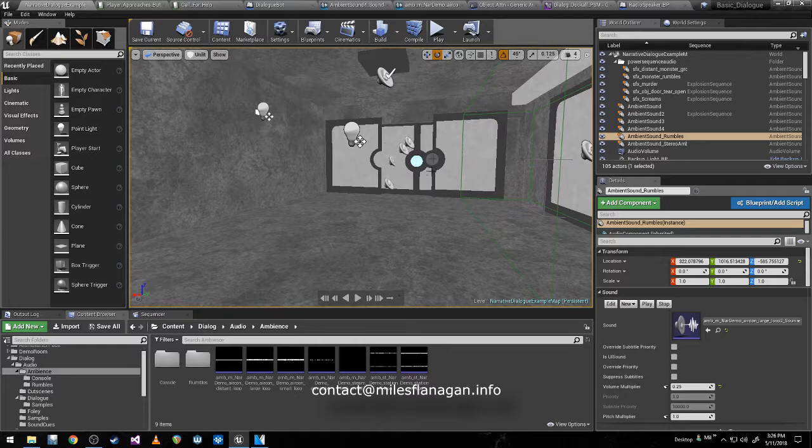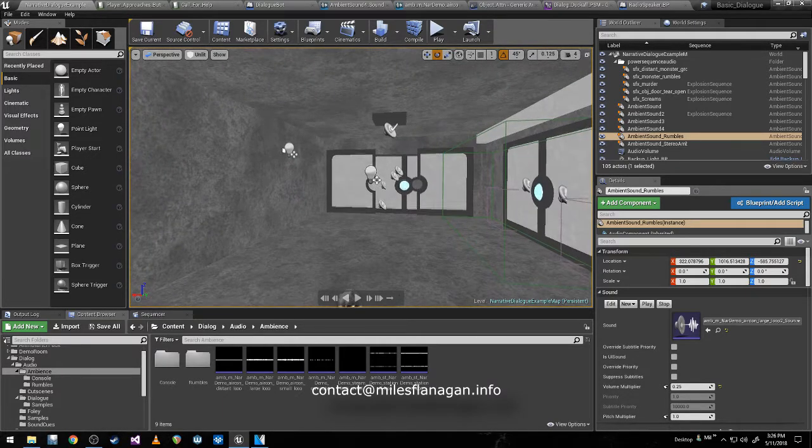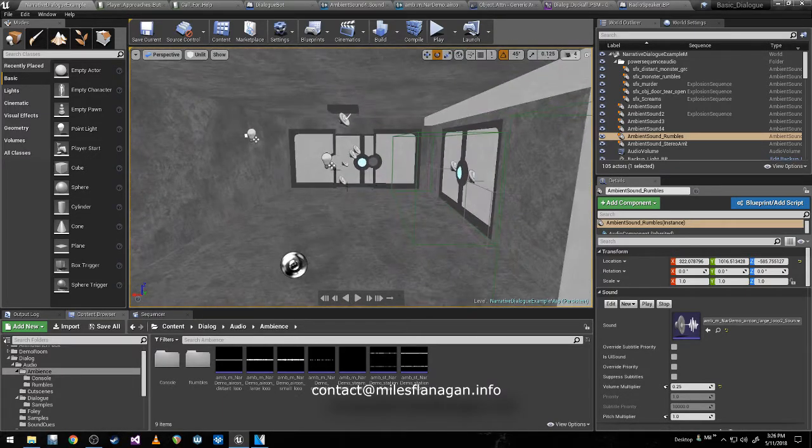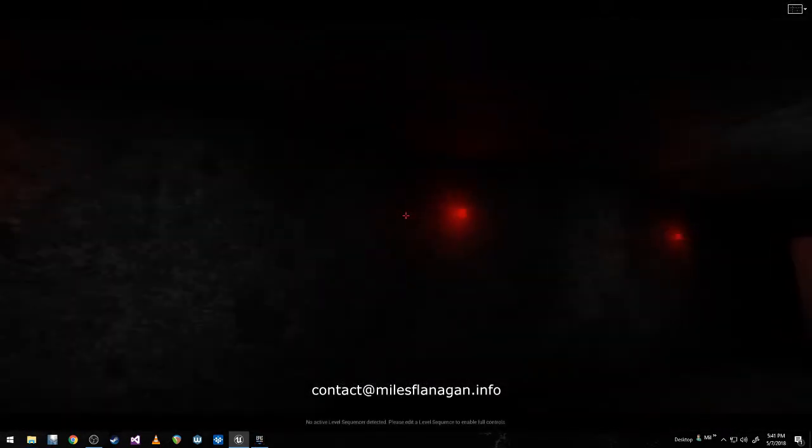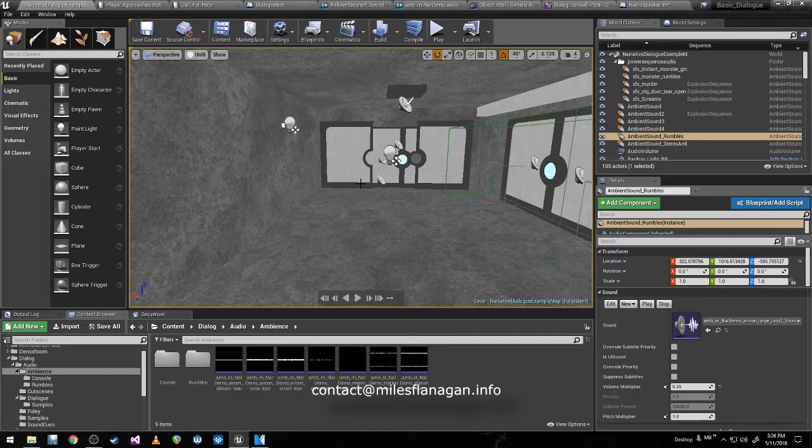In this case, it's one of these over here. There's a whole bunch, don't worry about those. And it makes it sound like all the damaged things are happening in the environment in a direction, and it kind of encourages you to imagine more of a real physical space than if it was just happening flatly all around you all the time.